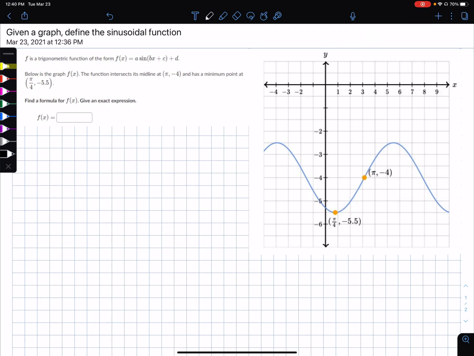Okay, for this problem, we are trying to find the formula for f of x given the graph. Now, the key with this graph is we do have two unique points. We've got a minimum here at pi quarters, negative 5.5, and we've got a midline value right at pi comma negative 4. So those are both really helpful things to know in order to find all of the missing